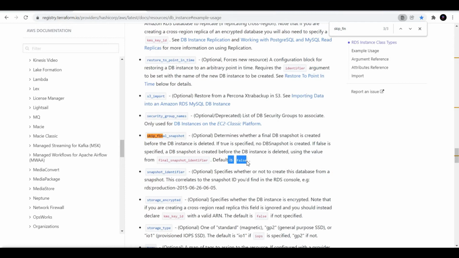That's why, to proceed with a clean destroy command which should be successful, you need to keep this skip final snapshot as true, which won't take any snapshot before deleting the database instance. Okay. Now let us go through